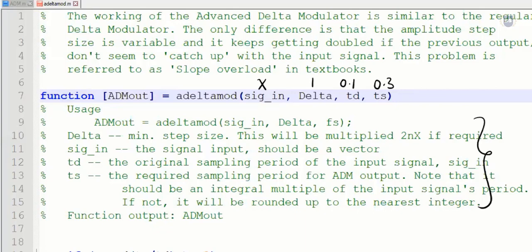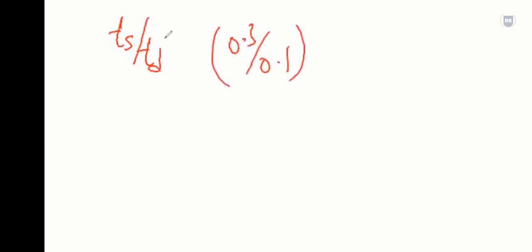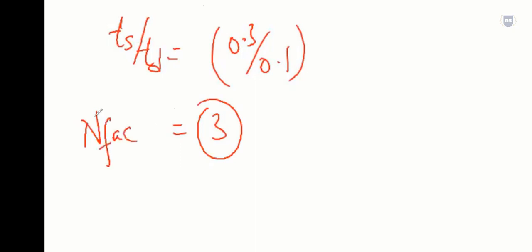Right after that, we'll substitute the value of TS, because we have TS divided by TD, where the TD value is equal to 0.1, whereas the TS value is equal to 0.3. We'll do this division, and in turn we get 3. This value, after rounding it off, will be assigned to NFAC, the new frequency factor of sampling.